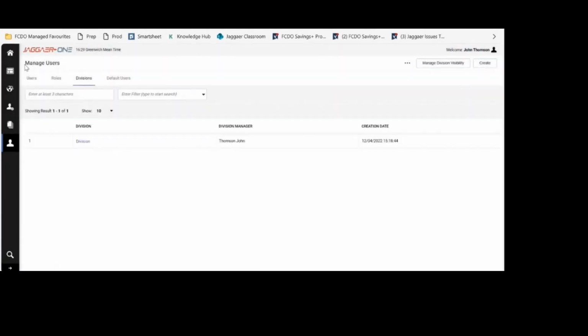So that covers the user side of it: users, roles and divisions. Just to touch on what we were talking about before, at the FCDO we can't support on this side as it is not visible to us. I have set up a dummy supplier so that I can show this. If you have any issues with this and you can't correct it yourself, you would need to contact Jagger